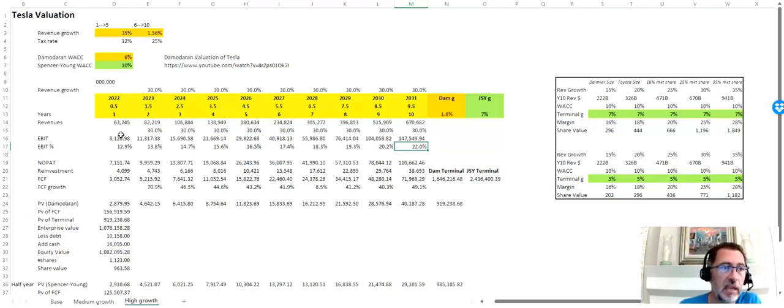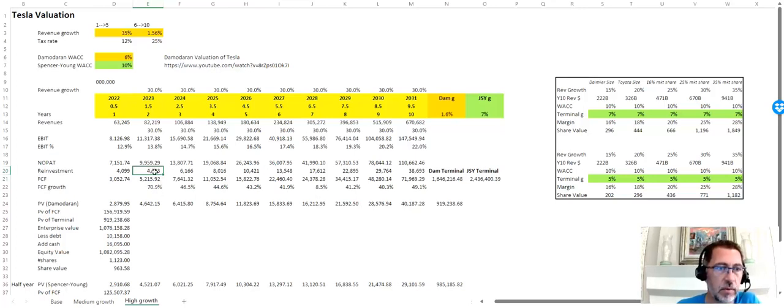We're taking the EBIT number, converting it to a net operating profit number, so you'll see that's adjusting for the tax component. We're subtracting out the reinvestment. Now Damodaran suggests that the reinvestment rate is that for every additional dollar of sales, they need an additional $4 of capex.